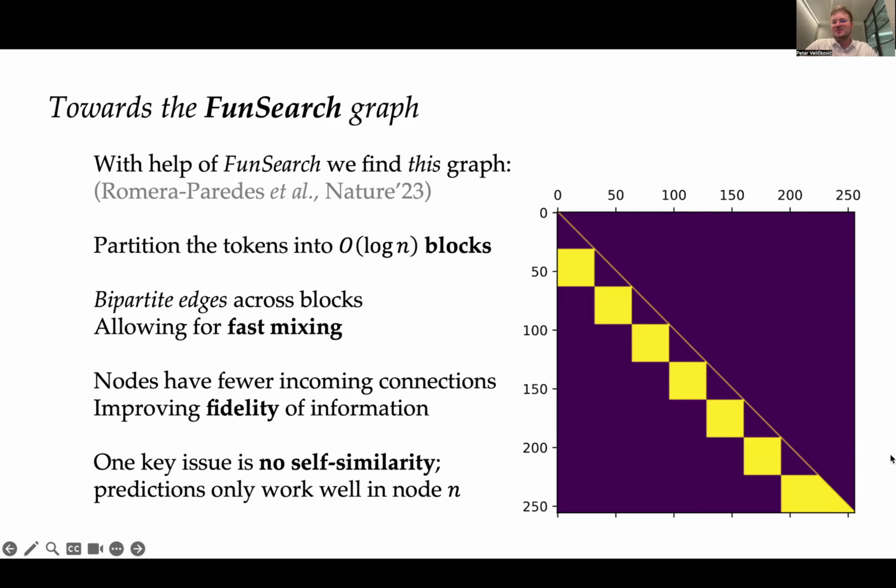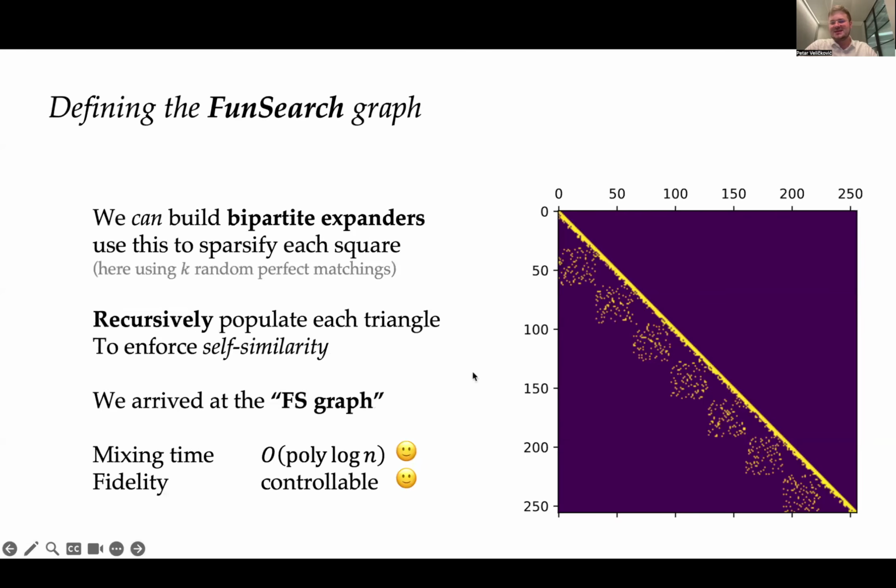One key issue of this graph as it is, is that there's no self-similarity. And often in transformers, you need to predict not only the last token, but also all the intermediate ones. So this matrix will not be a good one if you want to predict anywhere in the middle. But we can fix that by adding connections recursively inside these triangles in a self-similar way, and also correspondingly sparsifying these bipartite edges. While there are no feed-forward expanders, there exist bipartite expanders, and we know how to build those quite well. So we sparsify these squares by using known procedures to build approximate bipartite expanders, and we arrive at